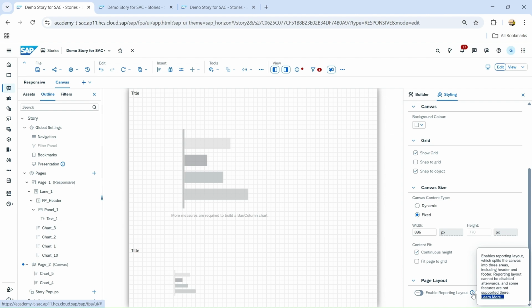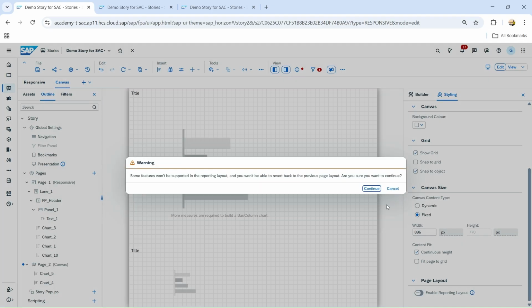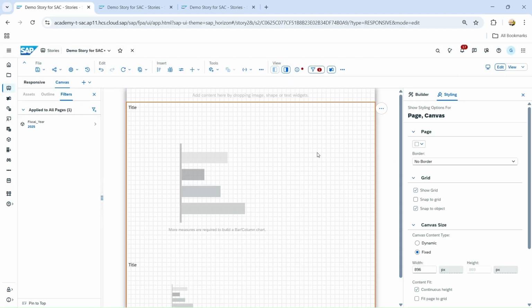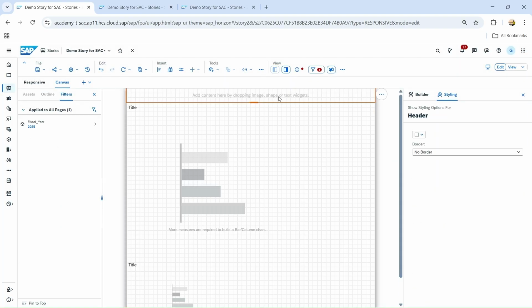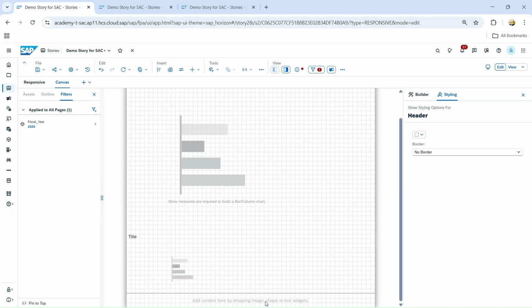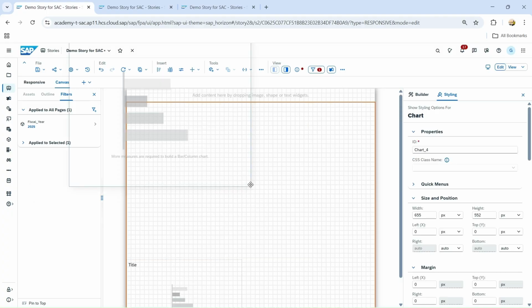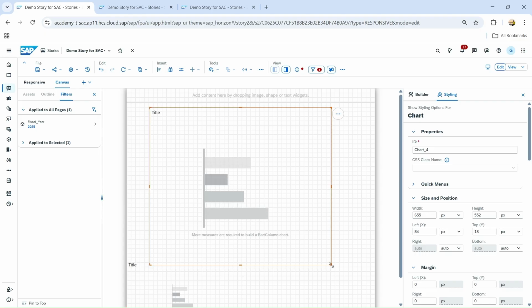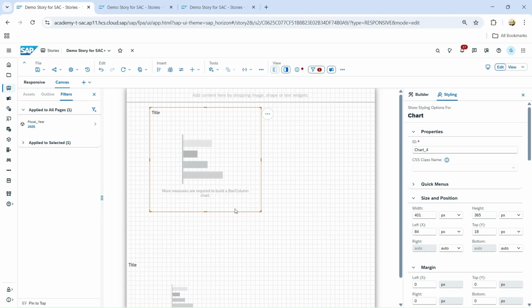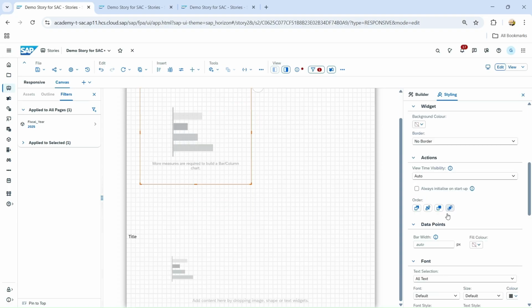Sometimes people want a reporting layout, where tabular data is there, or where you need the header and footer on all the pages. Then you can use this. It will be converted like this. You can add your header here and the footer at the bottom, like page numbers, and then design your report like a kind of storytelling, and every month or every week you can generate this file based on your requirement. So these are the use cases of the